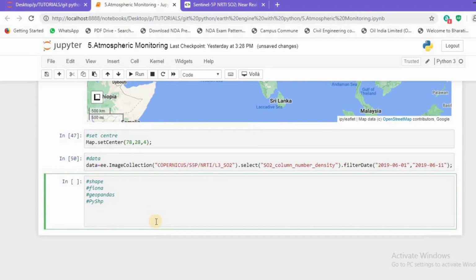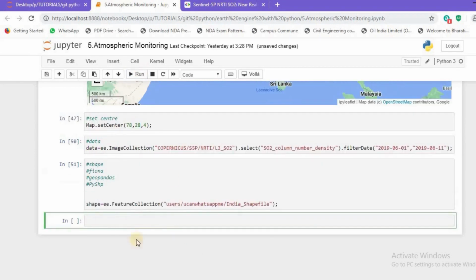So I'll make a variable shape and I'll pass the function ee.FeatureCollection, and I'll pass my path for my shapefile like this, and I'll terminate it using a semicolon. We are good to go.